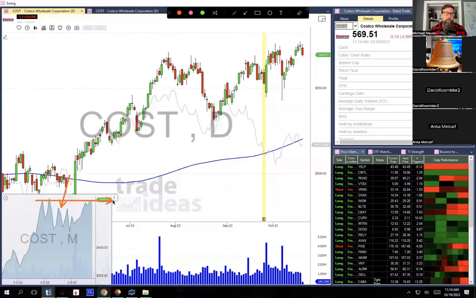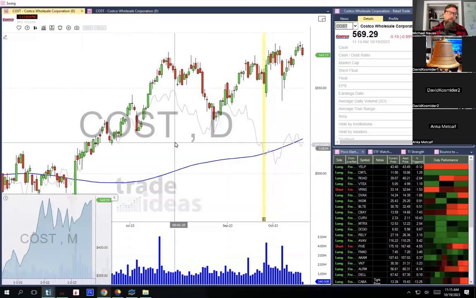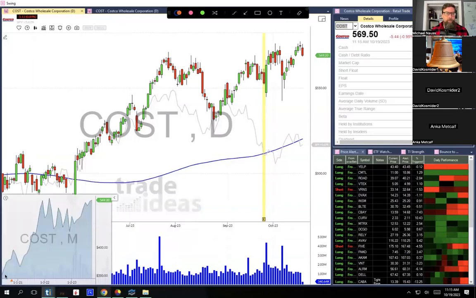You can see on this monthly chart this area has been huge for it. So I don't know if it would get through cleanly really quickly. So I'd be careful of kind of choppiness, but overall, a massive, massive trend from Costco. This is kind of exactly what you want to see, just up and to the right like that.